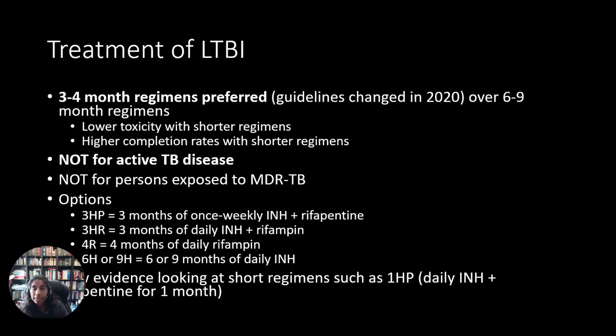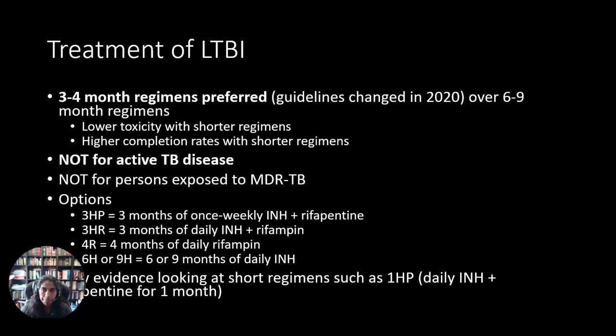So for treatment of latent tuberculosis infection, we prefer shorter regimens, 3 to 4 months, over 6 to 9 month longer regimens. The reason for this is that there is lower toxicity observed with shorter regimens as well as higher completion rates. These shorter regimens are not for treatment of active TB disease, and these are not for people exposed